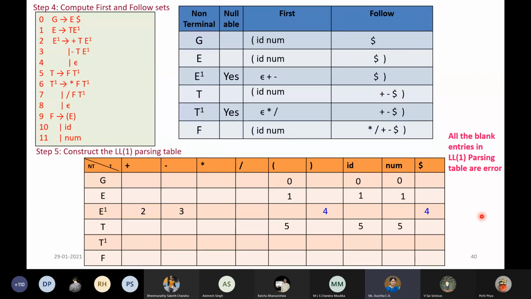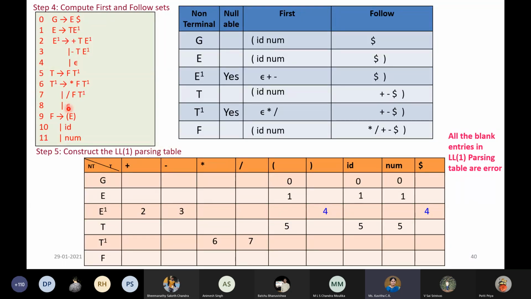Then coming to T dash. T dash is also similar to E dash. Only thing is that we have star and slash. So first we have to handle star and slash, and then we have epsilon. To handle epsilon, again we have to depend on the follow set. So first I will finish for star. Whenever star occurs, we have to apply rule number 6. Whenever slash occurs, we have to apply rule number 7.